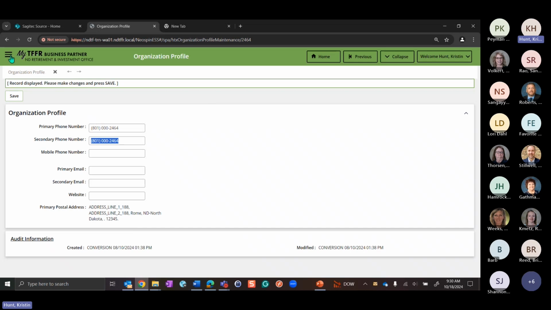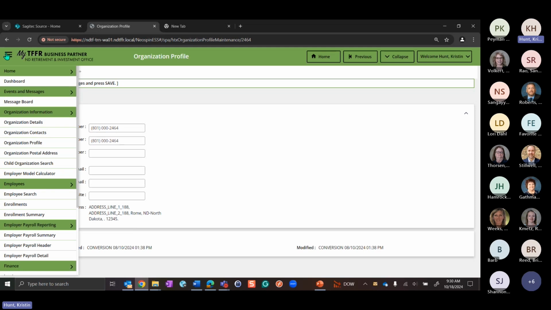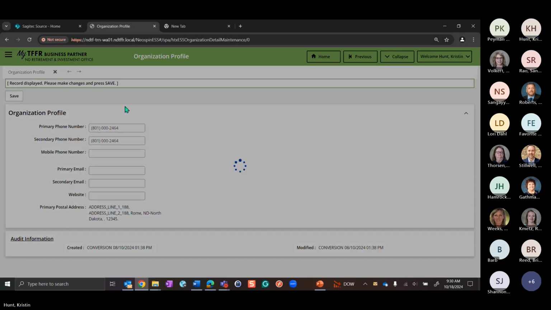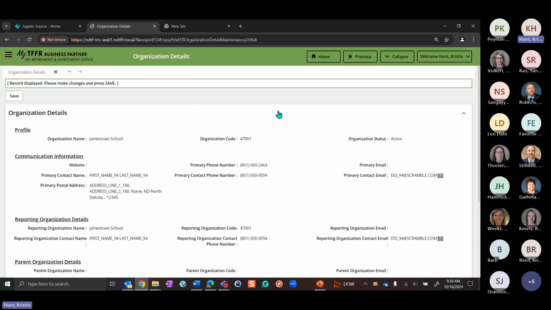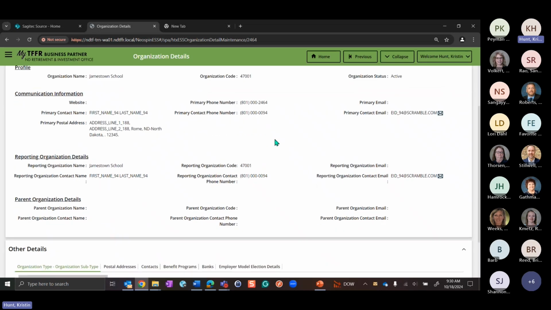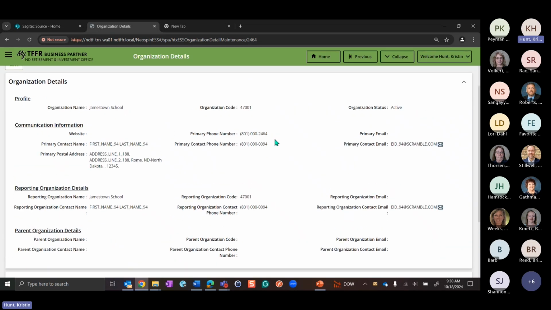The next one I want to talk about, we'll go back up to our hamburger menu, and then I'm going to go down to the organization details. When I click on that, it takes me to this maintenance screen where, if you'll notice, this is read only, but I can view this information that TFFR has on file for the organization.